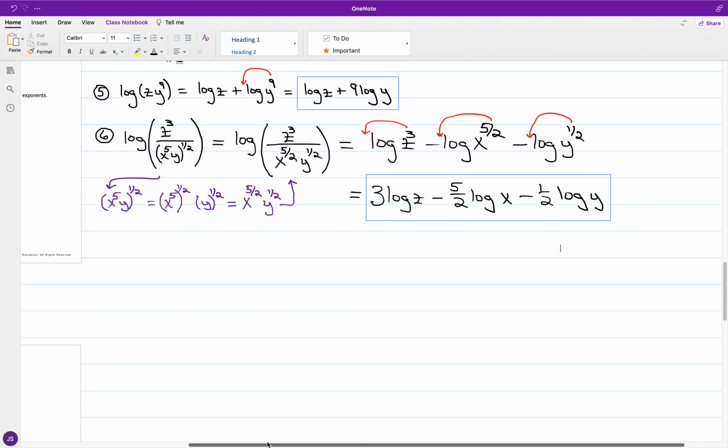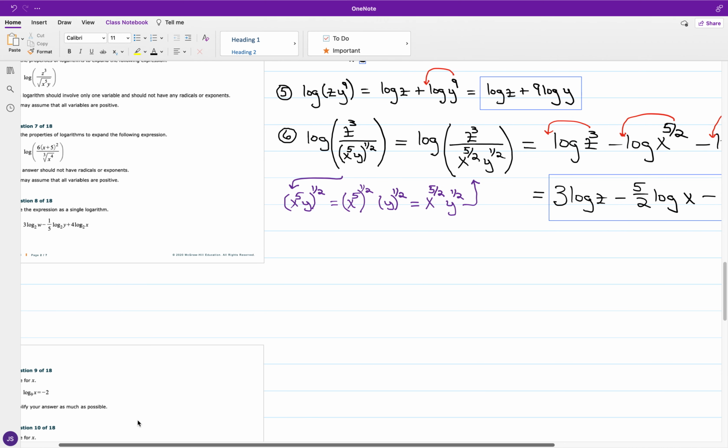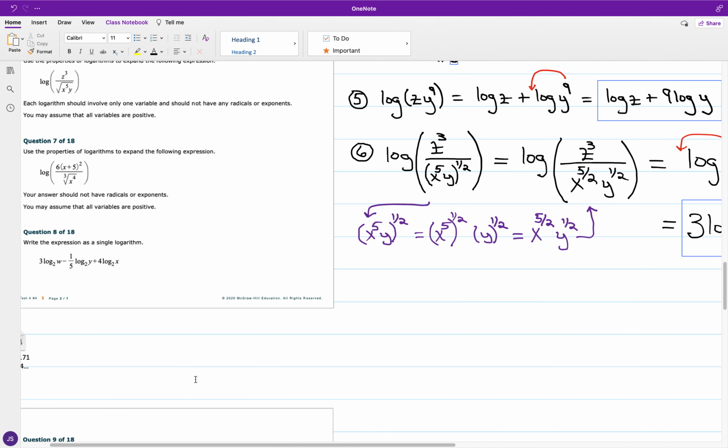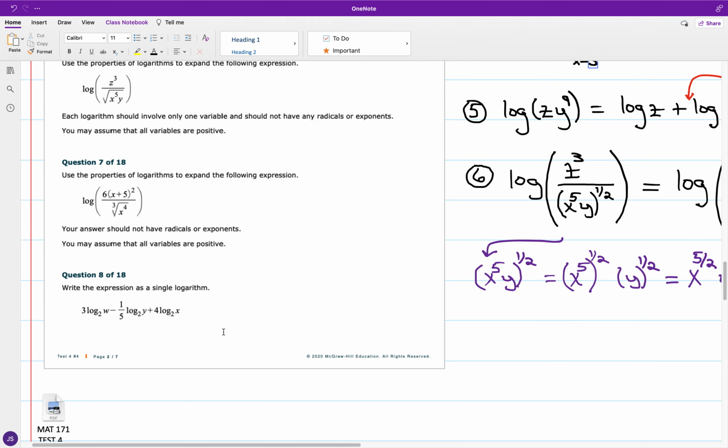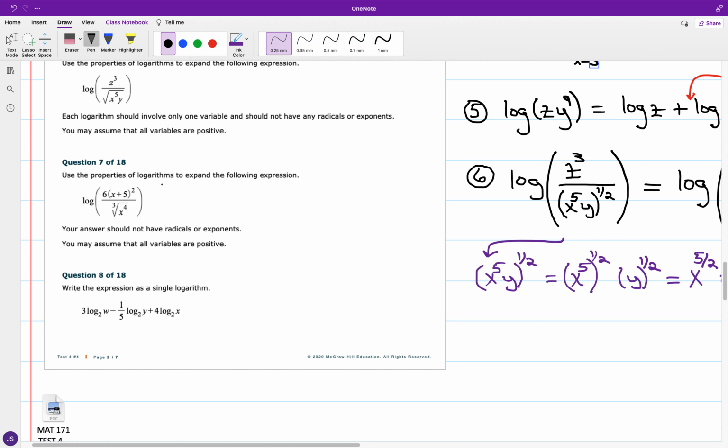Again, just looking at working with logarithms, and another case of expanding. And number 7, you have a radical. I don't find this to be quite as tedious as what was in number 6. And if I go ahead and rewrite, removing the radical,